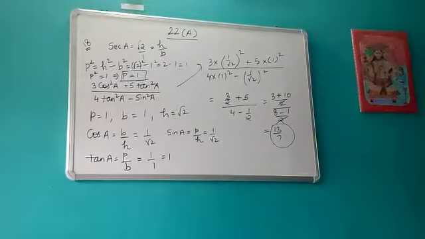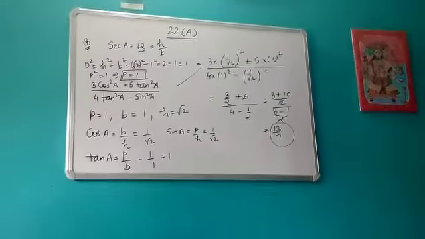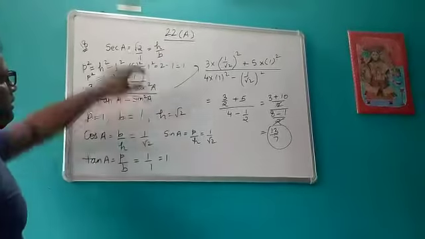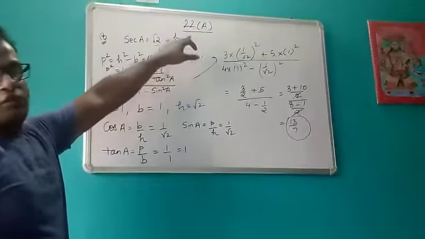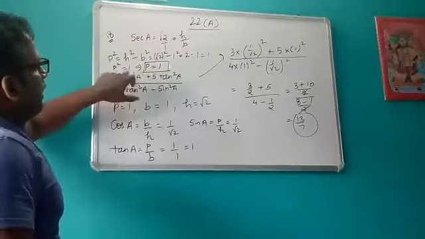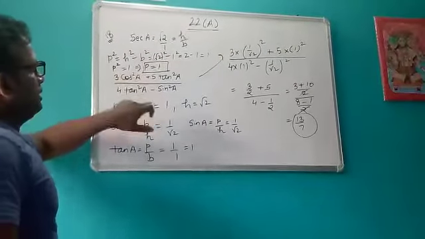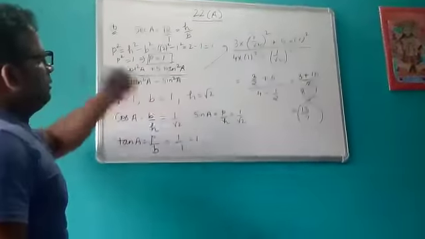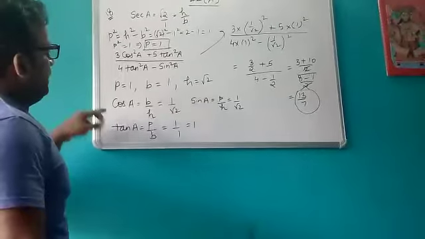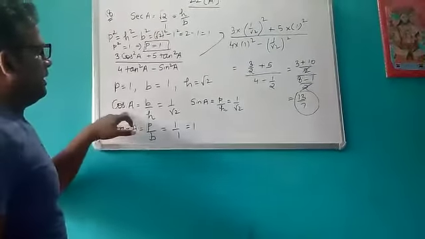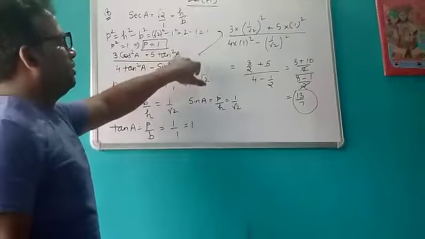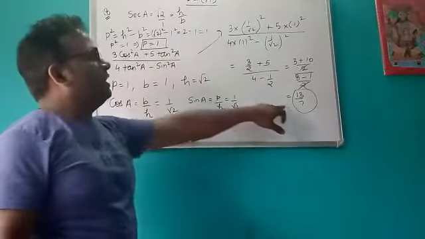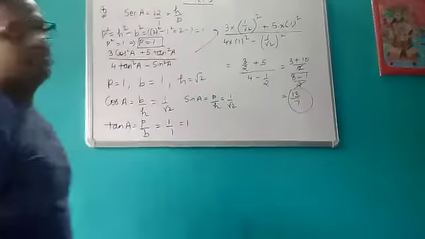Okay, like this. So in these questions, whenever any trigonometric ratio is given, you first write its formula in terms of P, B or H. Then you will find the unknown quantity. Then for finding the value of the expression, you find the individual trigonometric ratios like I have found, and then you put all the values of the trigonometric ratios in the required expression so that you will get the required result.